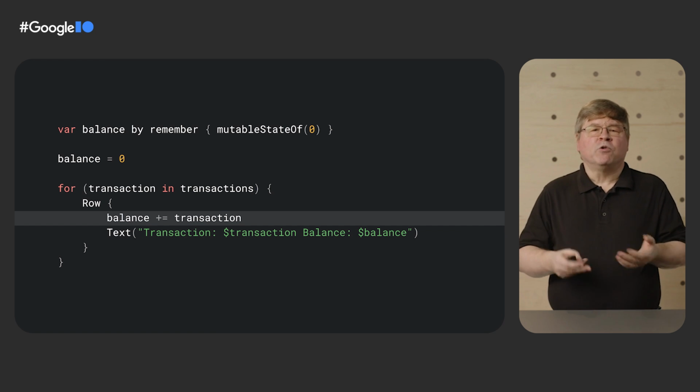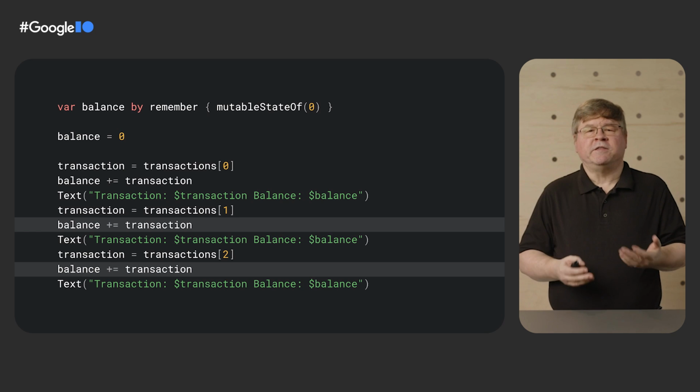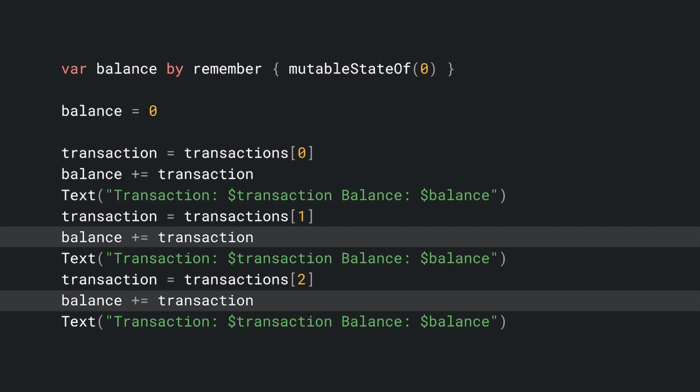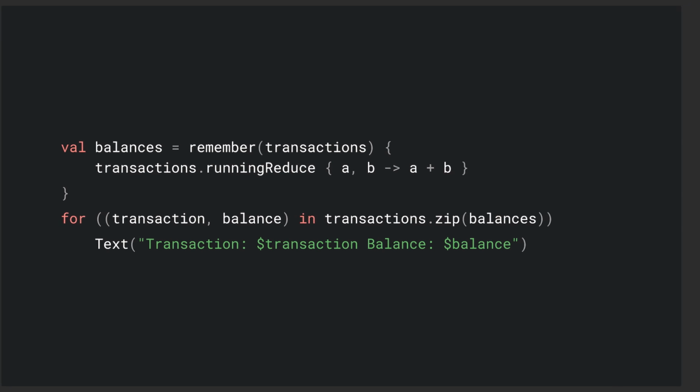Well, the backwards write is more obvious if we were to unroll the loop like this. The writes to balance before it reads are fine. It is the write to balance in the loop itself that causes composition to always think it's out of date and needs to be re-executed. It is updating the value beginning with the second item in the list that's the root cause of the problem. When composition thinks it's out of date, it will schedule a new composition for the next frame. If that composition marks itself out of date, composition will schedule itself for the next frame, endlessly.